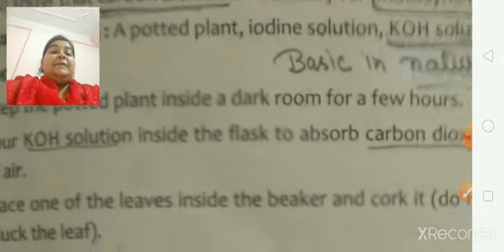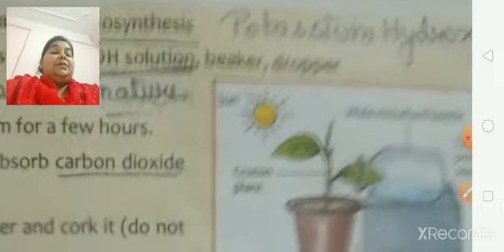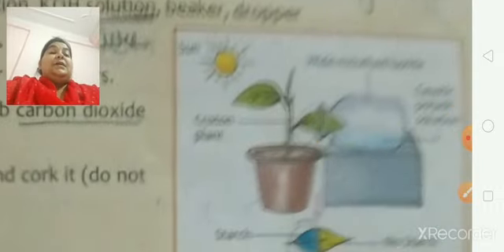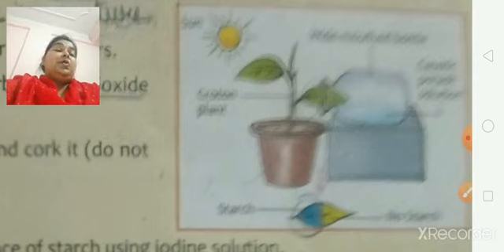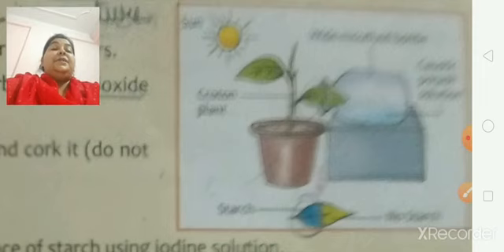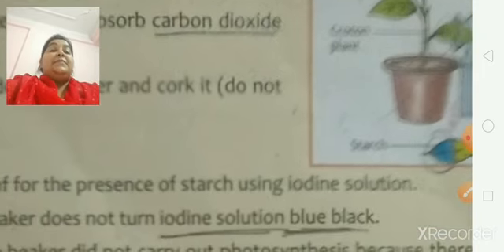After keeping it for a few hours in the dark room, it can be clearly seen from this diagram that the carbon dioxide present in the portion of the leaf inside the beaker will be absorbed by the KOH solution in the beaker. After taking it out and keeping it in sunlight, we pluck that leaf